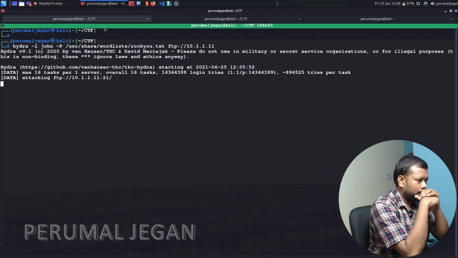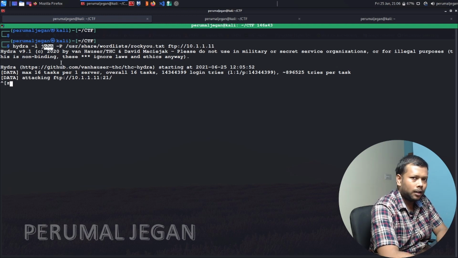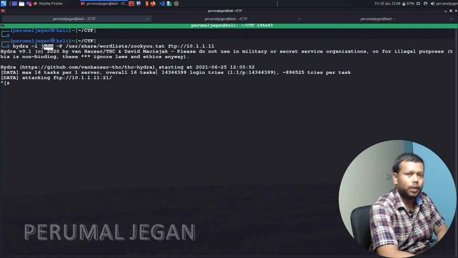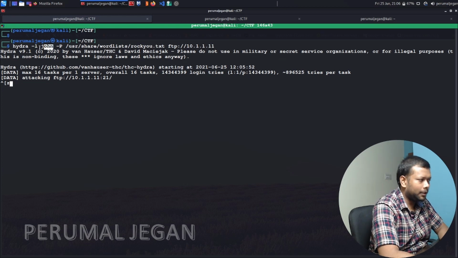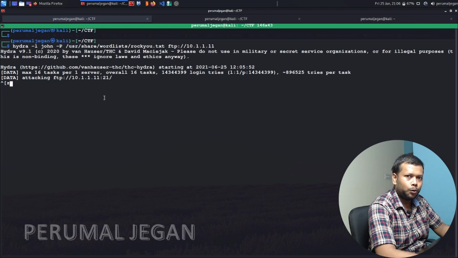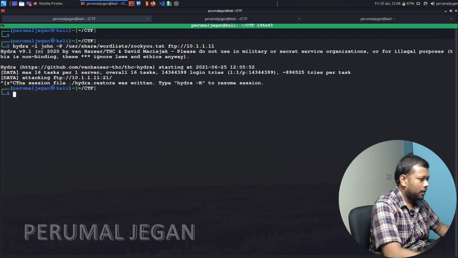The attack started. When I was trying to crack the password of the user John, I couldn't do it even using rockyou.txt. It was taking so much time. So I skipped this password cracking process and moved to Jules. So let's do the same. Aborting.